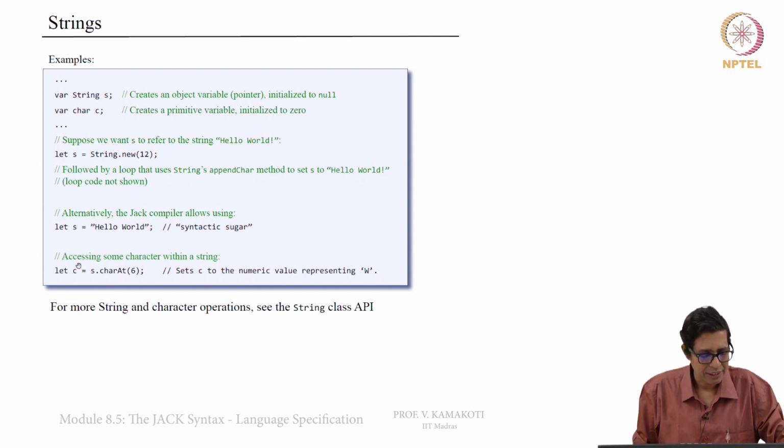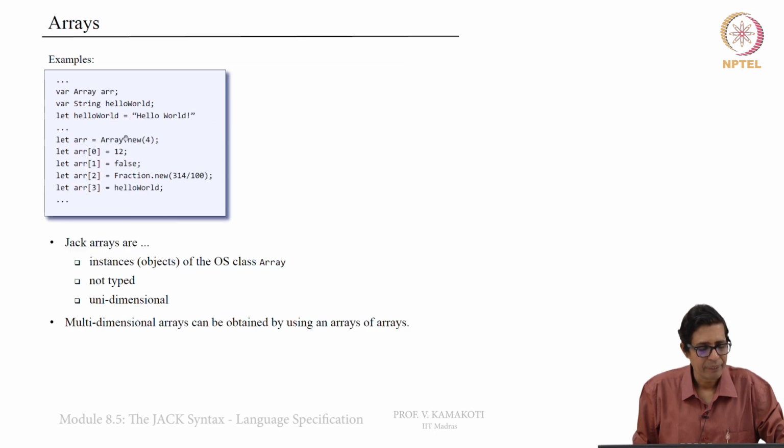put 12 characters. Now, I can access some character within a string. Let c equal to s dot charAt 6. So, this is the sixth character, 0, 1, 2, 3, 4, 5, 6, which would be w, right. So, c will be assigned the value w. c is a character. So, array again, this is array dot new 4, array 0 is 12, array 1 is false. I can put anything inside the array, and array 2 is equal to fraction dot new of 314 by 100,